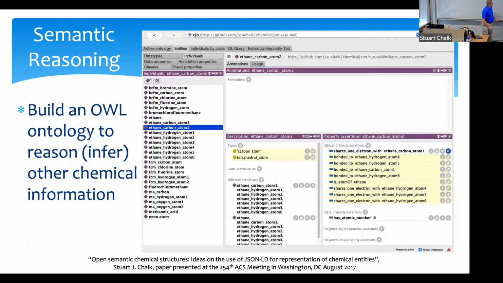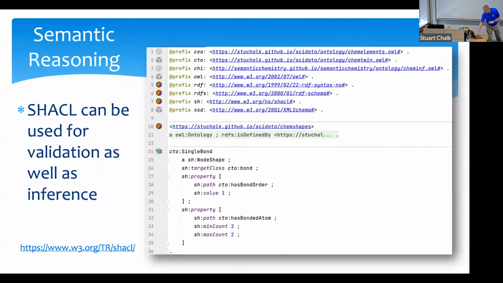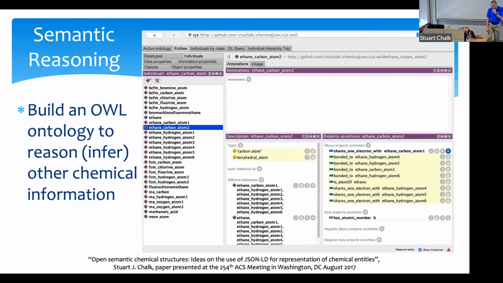What we did was we looked at whether we can try and infer the particular central atom of the structure. This one's ethane, but the one we were trying to do was bromochlorofluoroethane. And in the end, for some reason, the diagram is not showing up as I had got it, but I was able to get it to crudely infer the chiral center. It looked okay at that point, but I have played with this a lot since then, and using OWL to try and model this has not really worked very well.